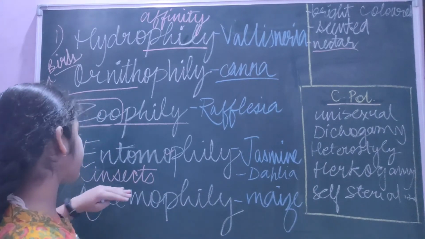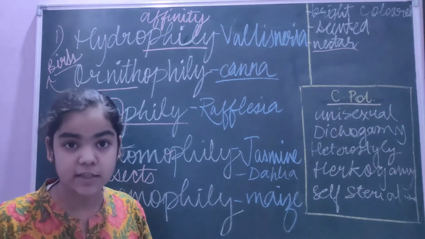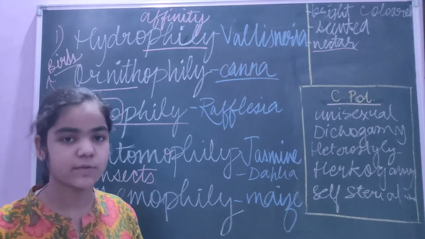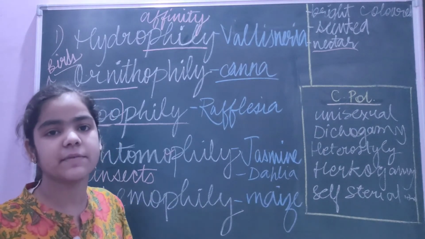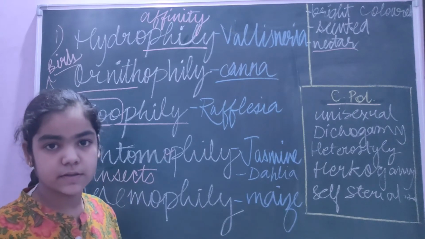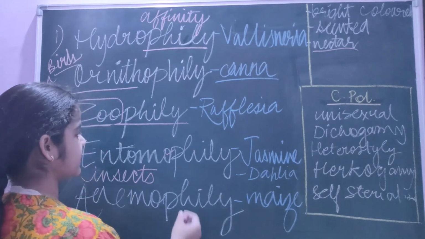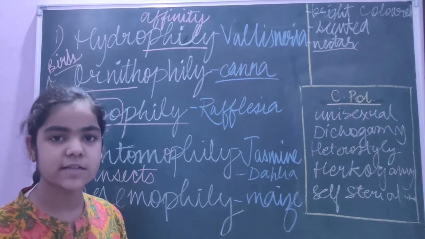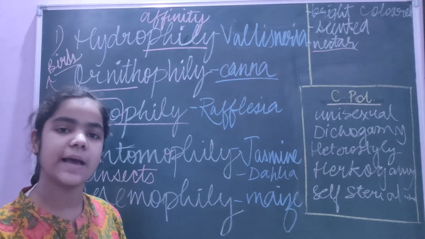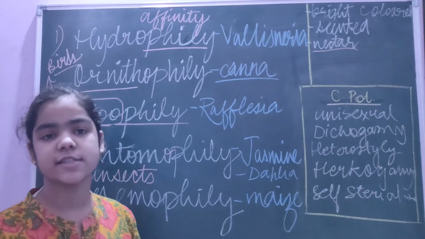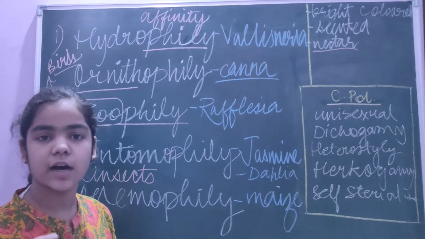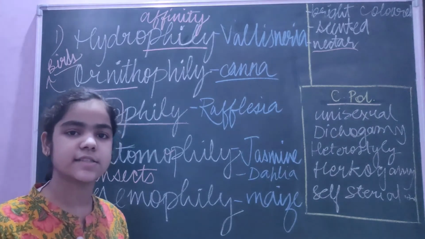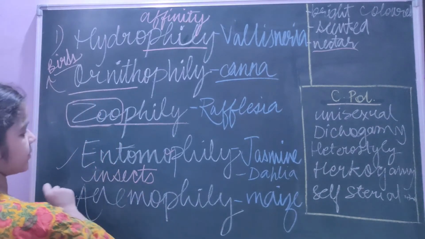That means the insects will come in search of nectar on the brightly colored flowers. Now the pollen grains are very sticky, so whenever the insects come and rest, or whenever they eat the nectar, the pollen grains stick to their limbs. If they go to any other plant which has a stigma, these pollen grains will stick to that stigma. Remember that the stigma is also sticky, it does not hang out, so it also takes the pollen grains, and thus entomophily occurs.